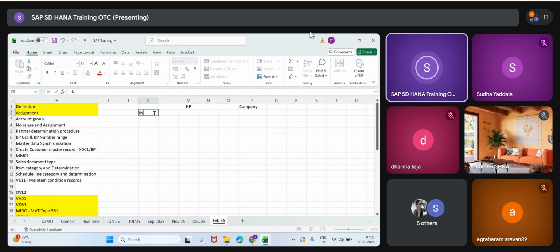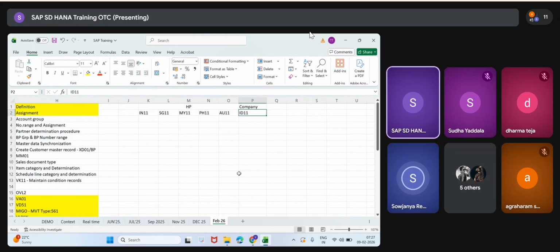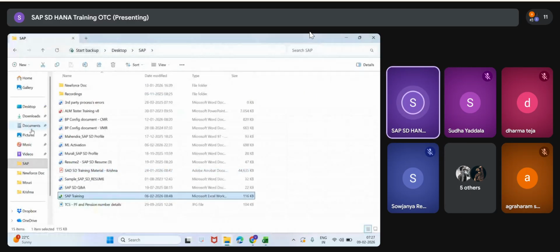I could see in HP IN11, SG11, MY11, PH11, AU11, ID11. Can you understand that this is specific to a country or not? Anyone can guess? ID means? Can you guess? Indonesia. Indonesia, Australia, Philippines.